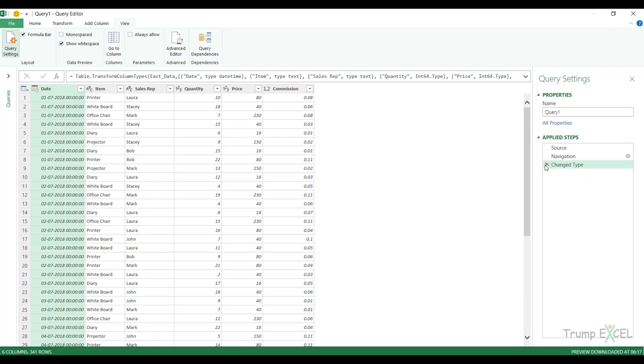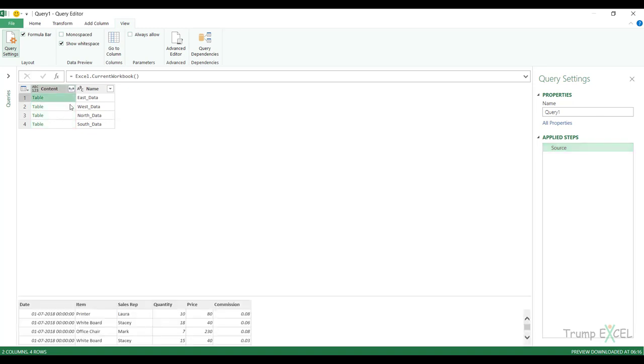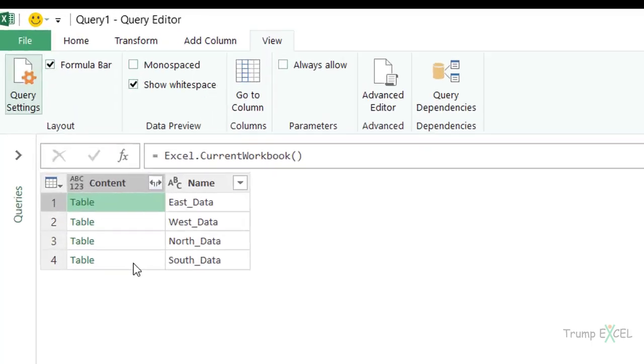So I would come to the applied steps and I would remove this and go back to the source step. Now, if I click on the space to the right of it, you can see it shows me this entire data set for East underscore data. So what's happening here is in this cell that says table, Power Query is actually holding the entire data set with the name East underscore data. And similarly in this cell, it holds the entire data set for West, and here it for North and for South. And what I want to do is I want to combine all these tables, and I can do that